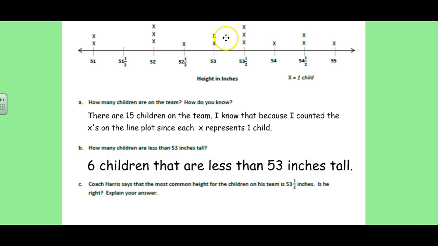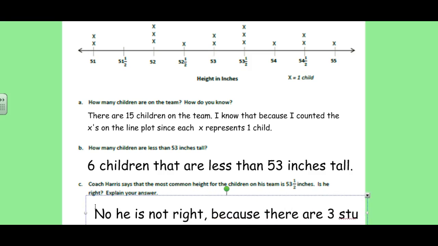But when you're looking at the other inches on the line plot, I also see that 52 inches has 3 x's as well. So that tells me that there are 3 students that measured 52 inches, and there were 3 students that measured 53.5 inches. There's no other inch mark on the line plot that has more than 3 x's. So is Coach Harris right? No, he is not right, because